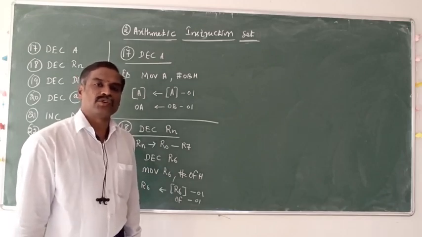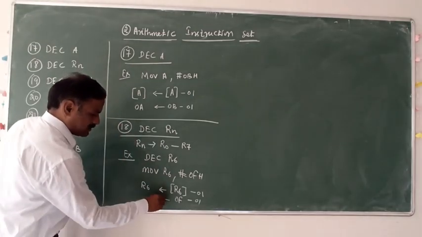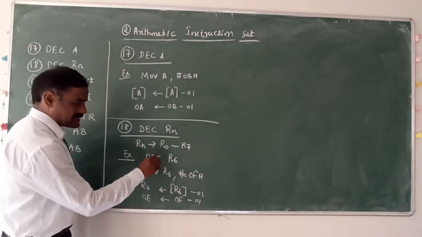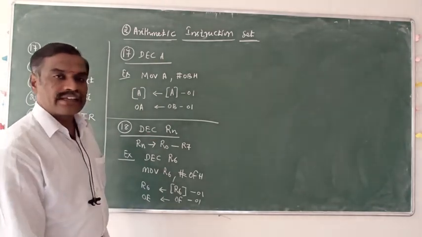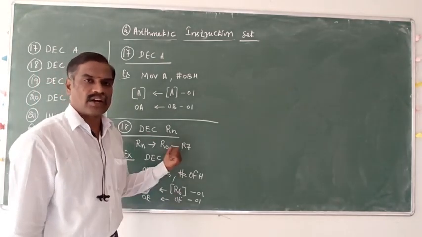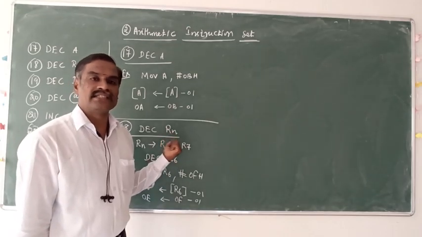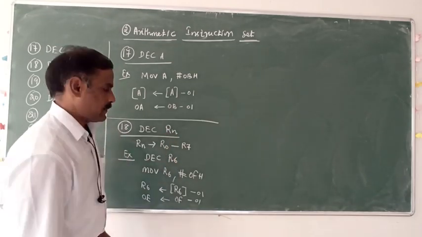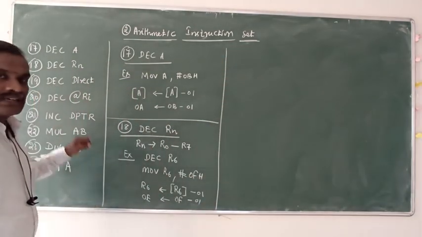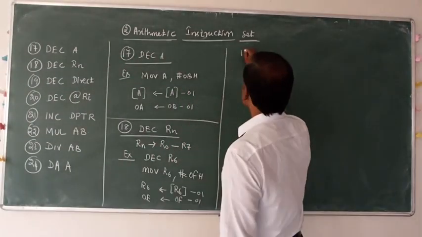It means 0E. 0E data to move to register R6. This is the operation of decrement the given register content single times and the result always to move to the given register itself. Okay, and next instruction 19,